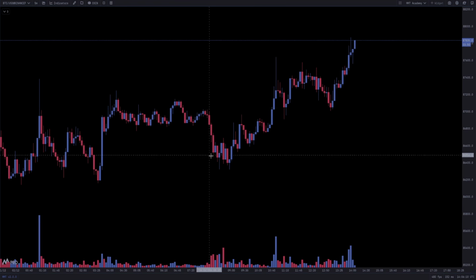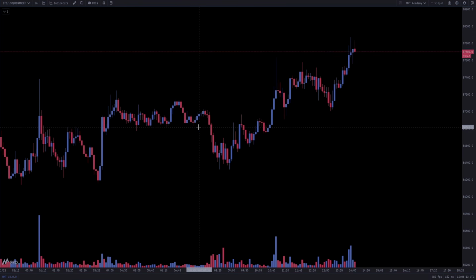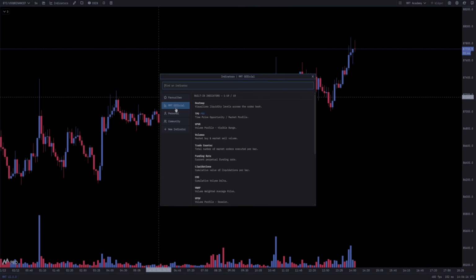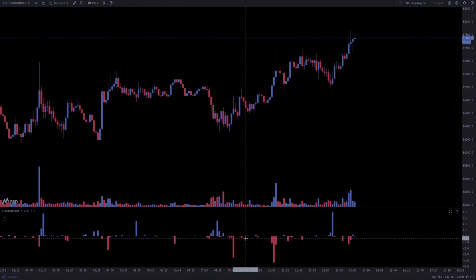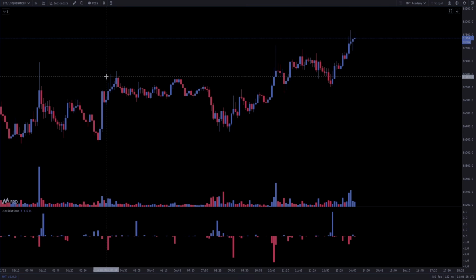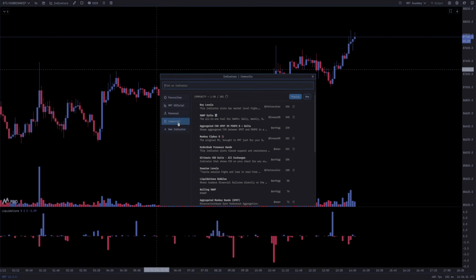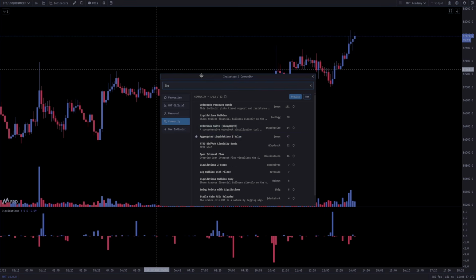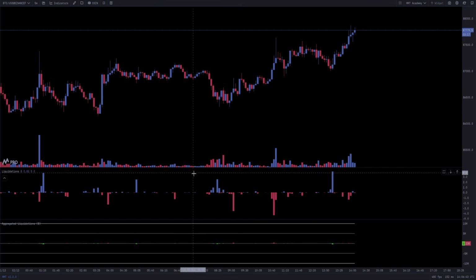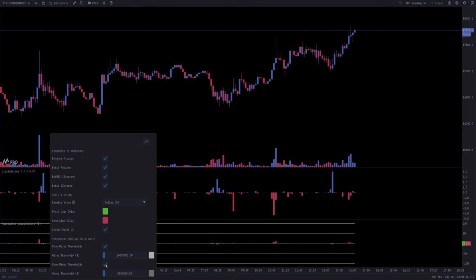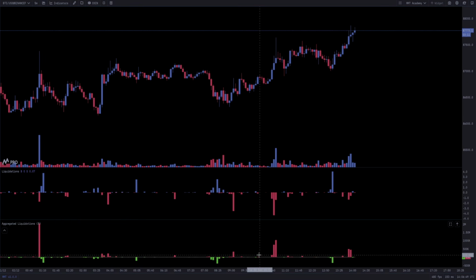So jumping into the terminal, we've got our default chart. To add reported liquidations to our chart, we can go Indicators, MNT Official, and if we click Liquidations, it will add the reported liquidations indicator to our chart. For this video, I'm going to utilize the power of MNT's custom scripting engine and use a community-created script. If I click Indicators again and go to Community, I can see the custom community scripts, and if I type in liq, I can select the aggregated liquidations indicator made by an MNT community member and apply it to the terminal. I'll quickly clean it up a bit, but this indicator is now aggregating liquidations across a multitude